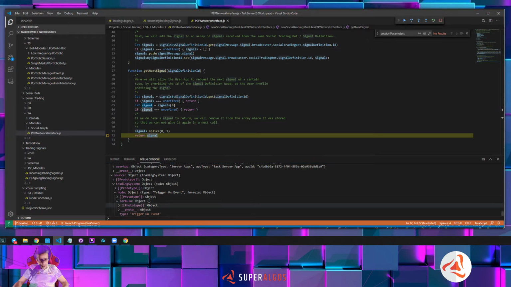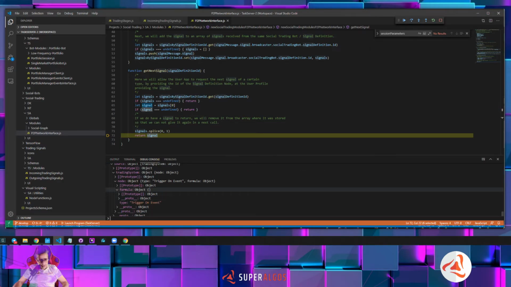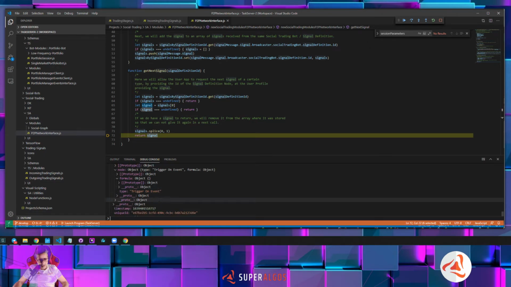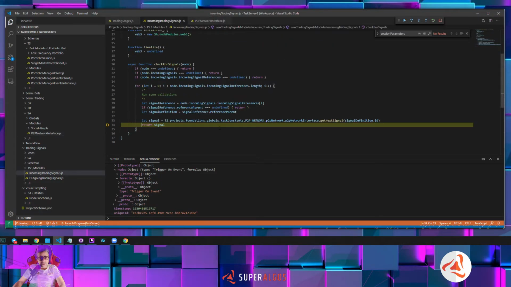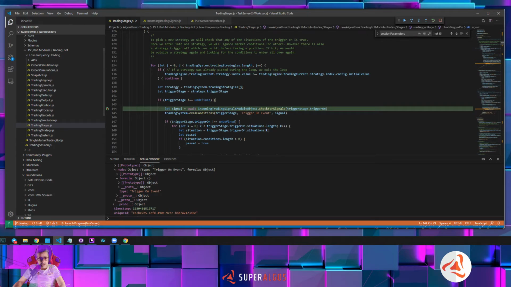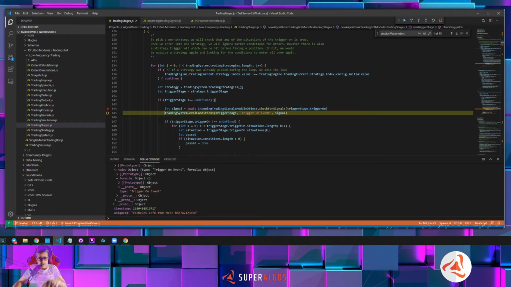There was no formula value in this case, so this formula is empty, and there was no context either. So there was no context formula. That means there is no context object, but it would be there. So once you have this signal here, you start returning, and it returns here, and it returns here. So we have the signal at the place where the trigger on conditions are going